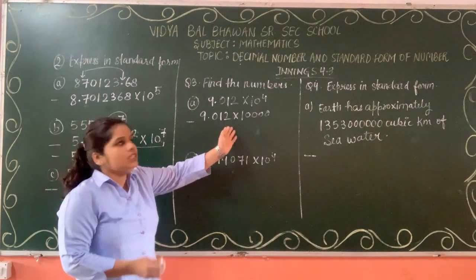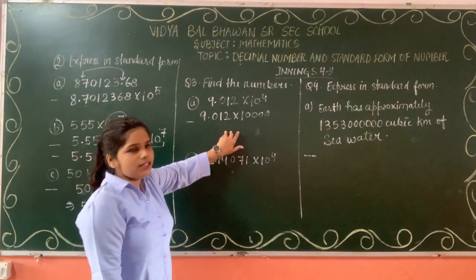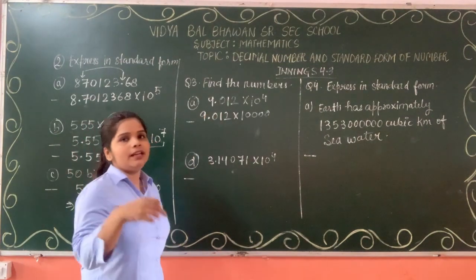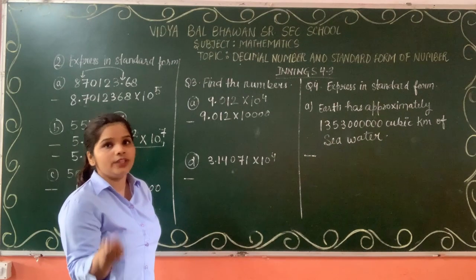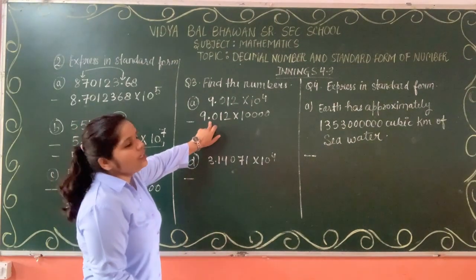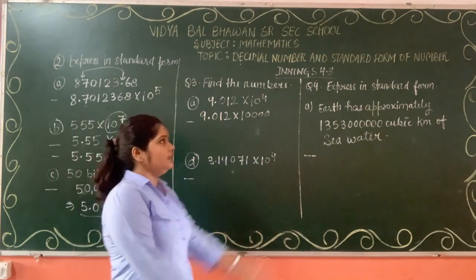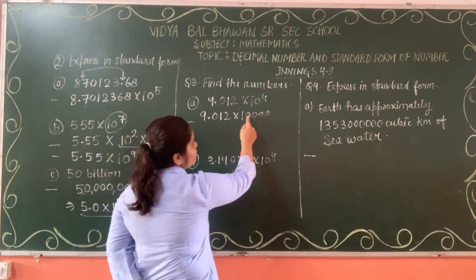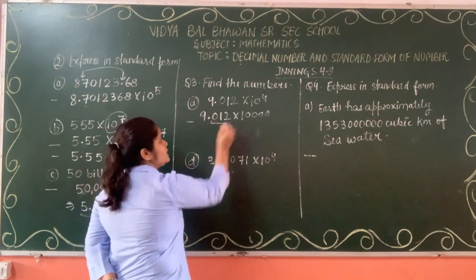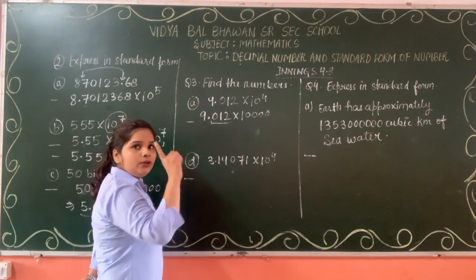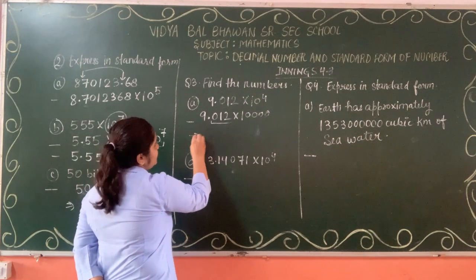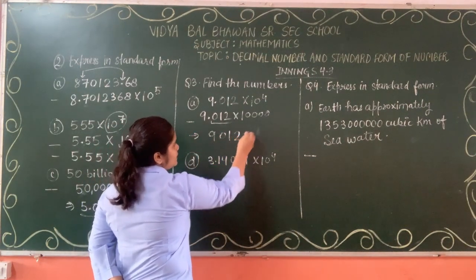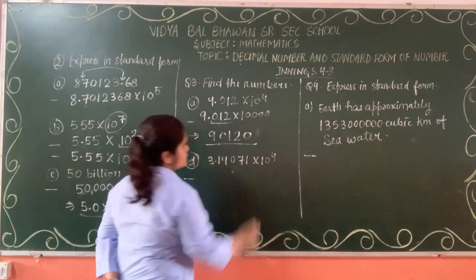It's the same concept we were using in the decimals chapter. We need to shift the decimal. When we multiply a decimal number with a multiple of 10, then we shift the decimal to the right side. Right side, how many places? 1, 2, 3, 4 places. You can see 3 places are already here. We need one more place. So it will be like 1 place shifted, 2nd place, 3rd place, and this is the 4th place. This is the answer. That's it.